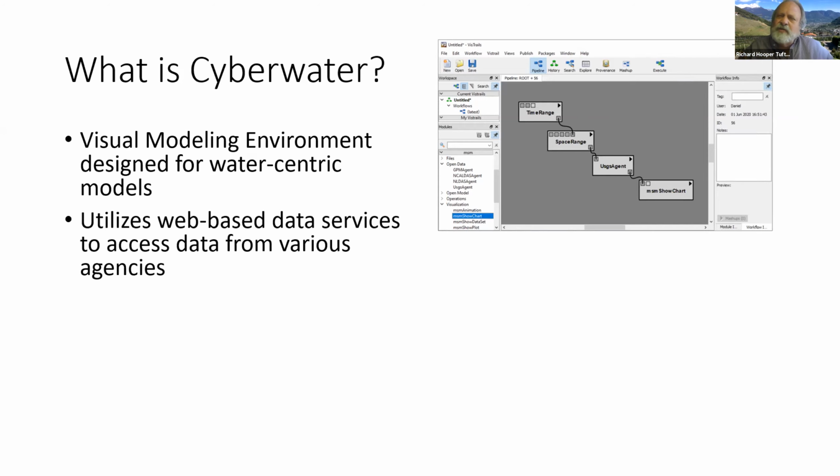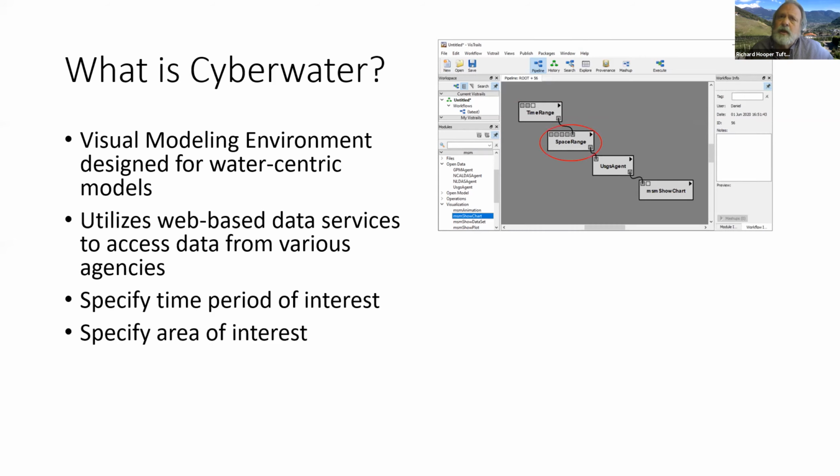And so when Quasi got involved with the development of web services now, 10, 12 years ago, this was really the vision that we had, that we'd be able to enable scientists to access data quickly and not spend all our time data wrangling. CyberWater is, I think, a great example of what the power of these web services can be. So all we do in setting up a simple model run, and Daniel will be describing this to you in the first demo, is you just specify a time period of interest, an area of interest. In this case, we just grab data, in this case from the USGS, and